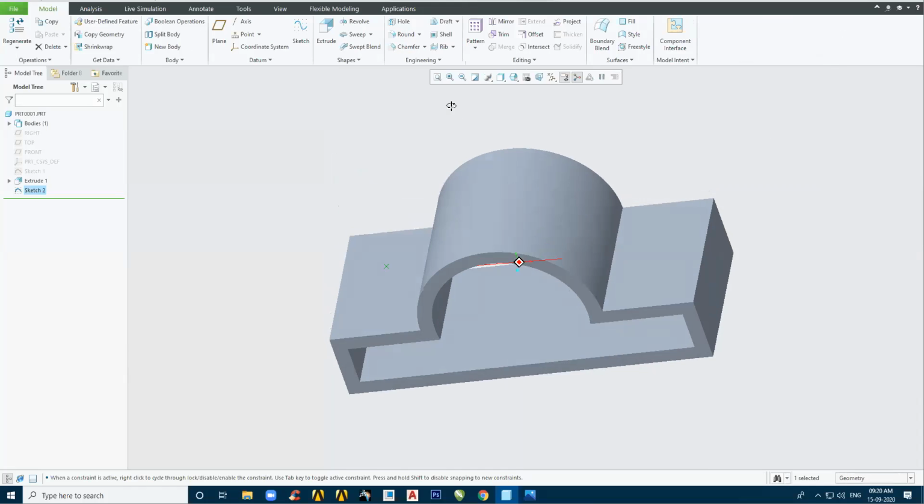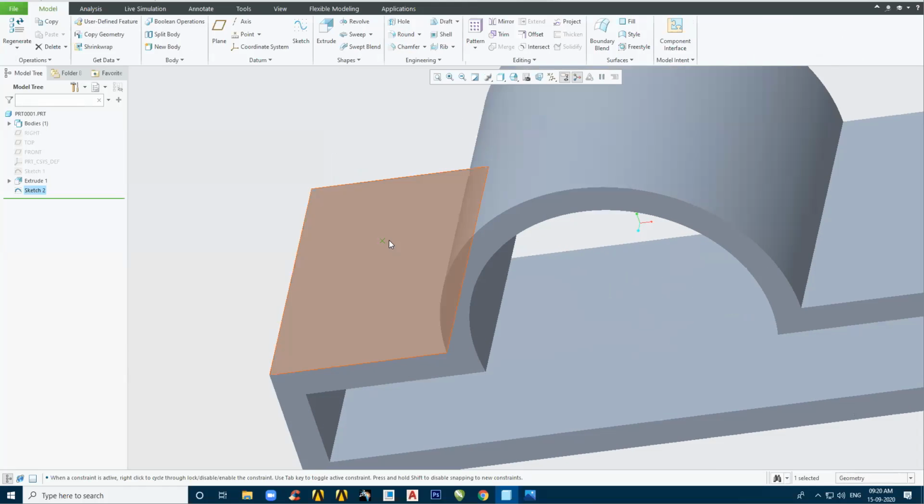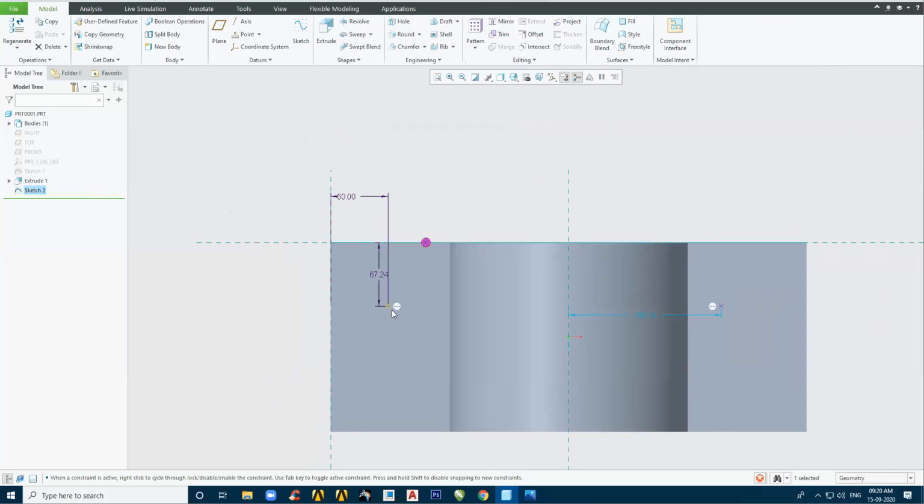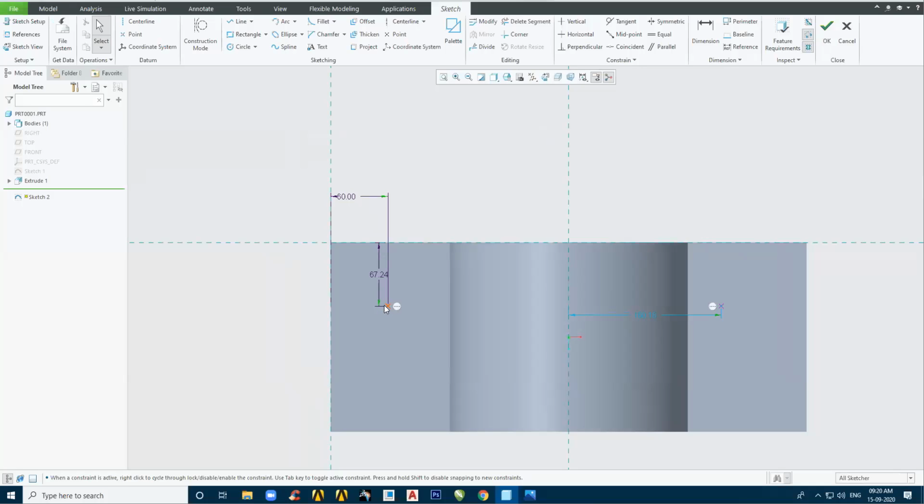Just notice this. Did you notice that this point is not getting referenced in my solid workbench? Why did it happen? This happened because while creating this point, I created it from the datum.